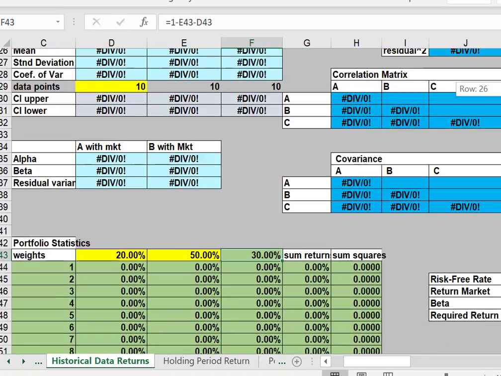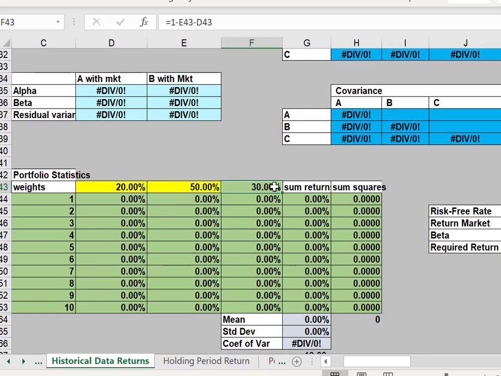So again, this will help us to calculate portfolios with these particular 3 assets. Now let's make this 0.75 and make this 0.25. One of the questions that I have for you is